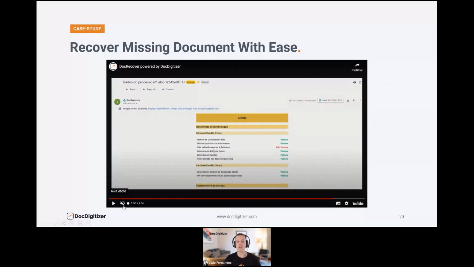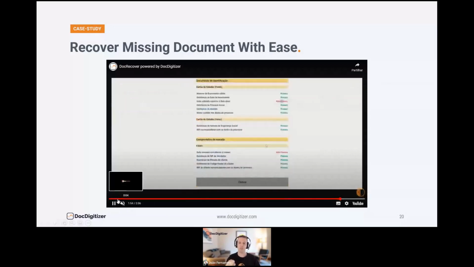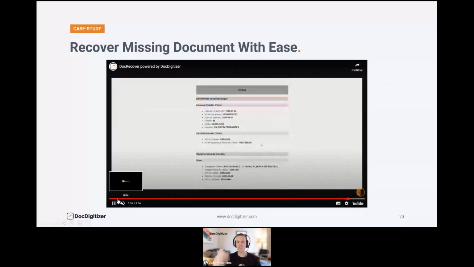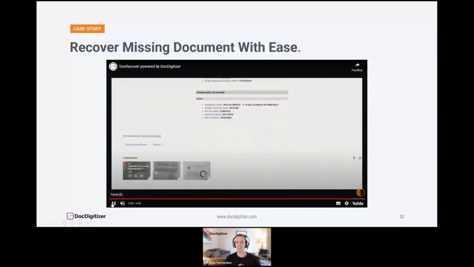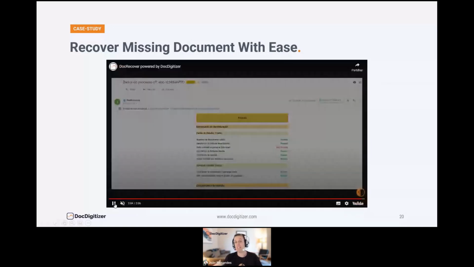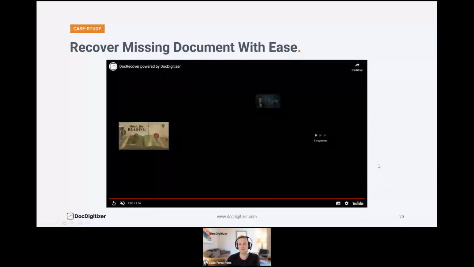Okay, so what we are talking about here is basically to remove all the hurdles of recovering missing information, but at the same time providing the bank all these checklists already done and analyzed, and making it possible to develop workflows over this checklist. Okay, so this is just an example among many others that we have on projects that we do with financial service companies.